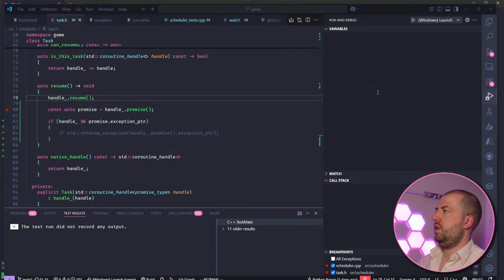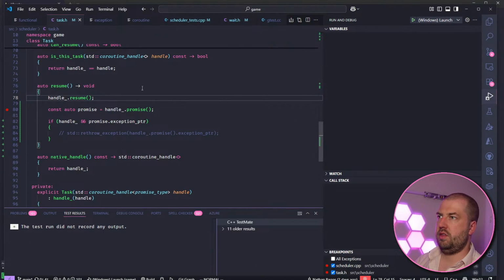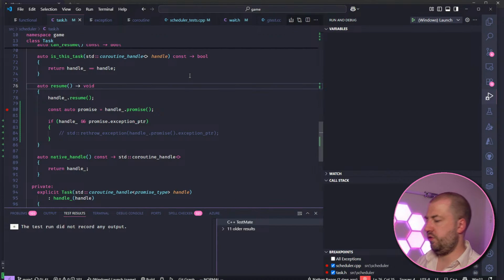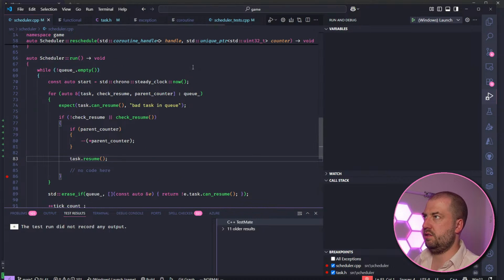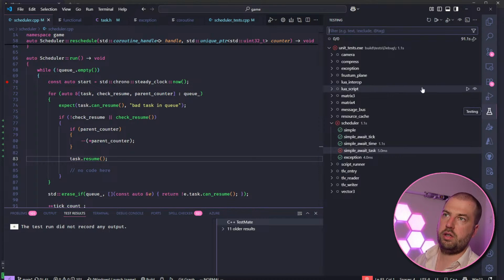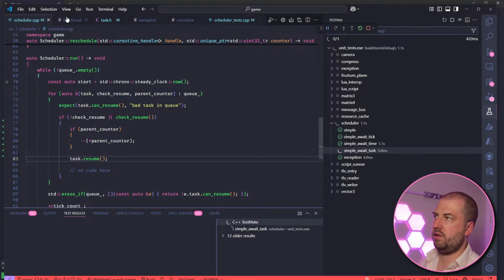I think we need to debug this scheduler and see what's going on specifically in this test. So we'll put a breakpoint here, and then we will debug just this test.